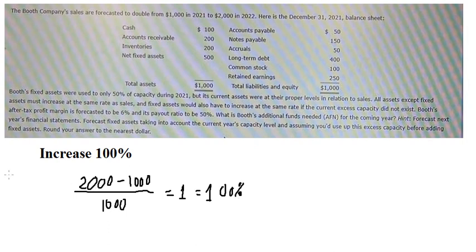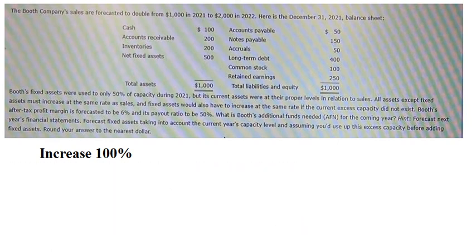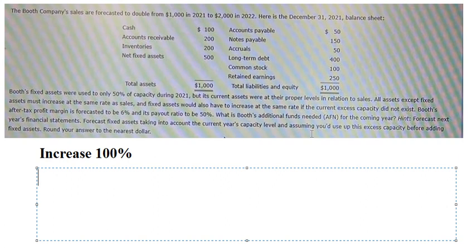This one that's about the new minus the old one divided by old, and we do the first one. The next one that is about AFN. So the formula of this one